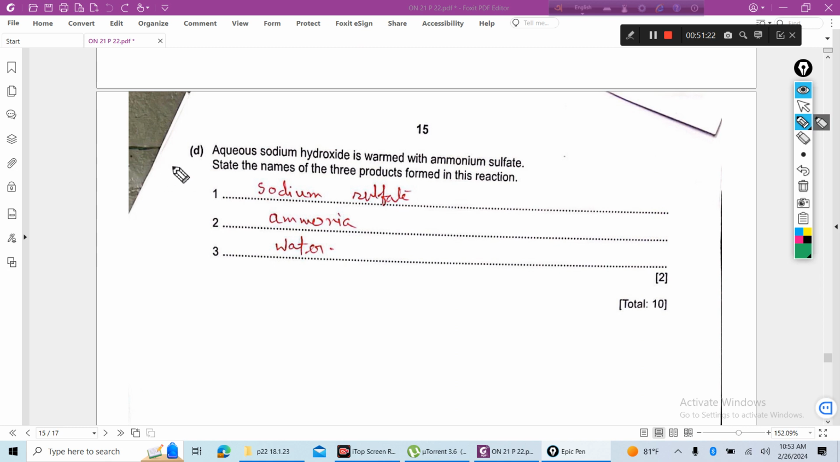Next, aqueous sodium hydroxide is warmed with ammonium sulfate. State the names of the 3 products from this reaction. You know, ammonium sulfate, this is an ammonium compound. Ammonium sulfate